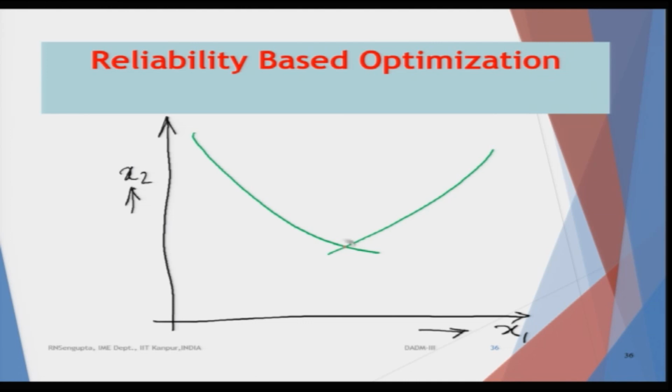So, this is the deterministic solution. The feasible region would be somewhere inside. I will just write it. If required, I will mark it, but for the time being, I will just mark it. So, this is G1, this is G2. Now, what is important is that for the perturbations